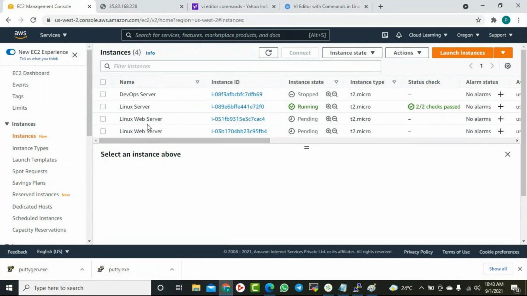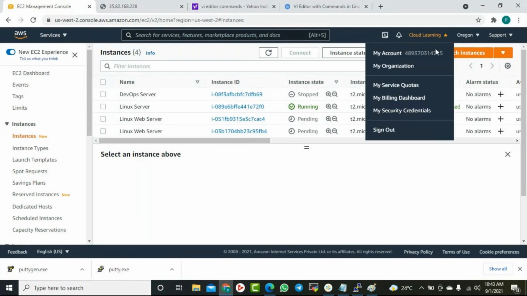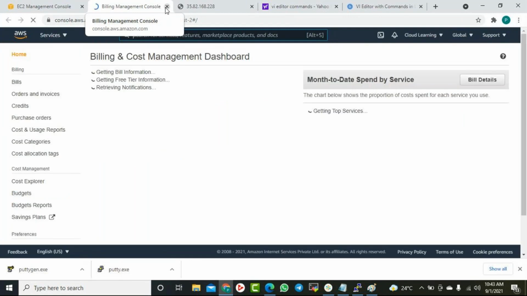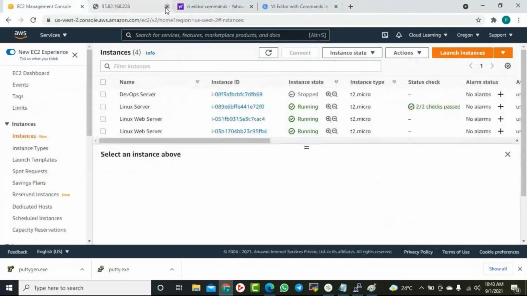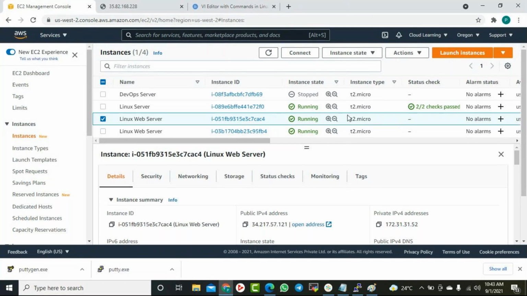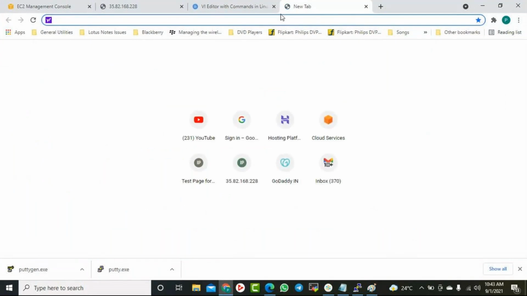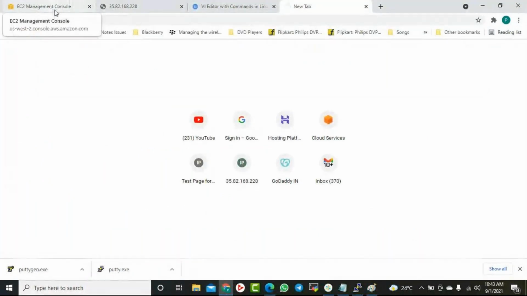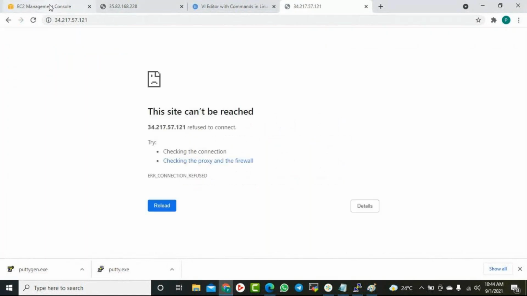Now I have two servers and they are launching. My servers are getting ready now. Let's see if I get the IP address. It takes some time, like one or two minutes.